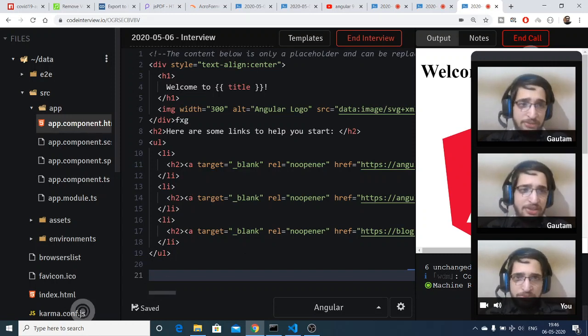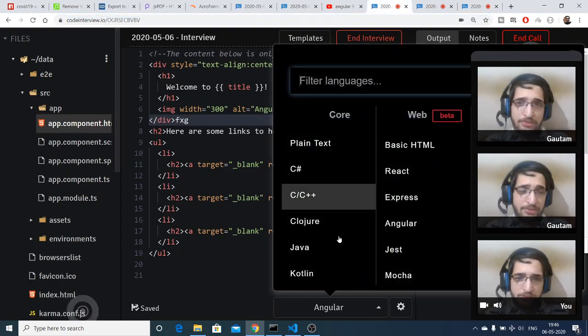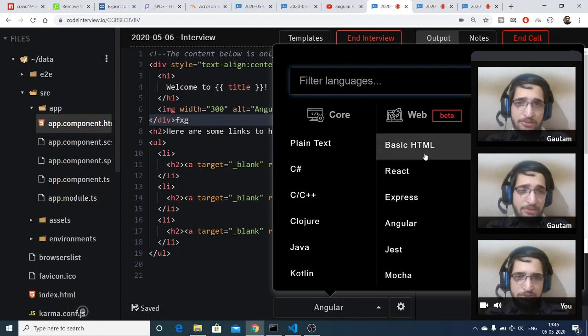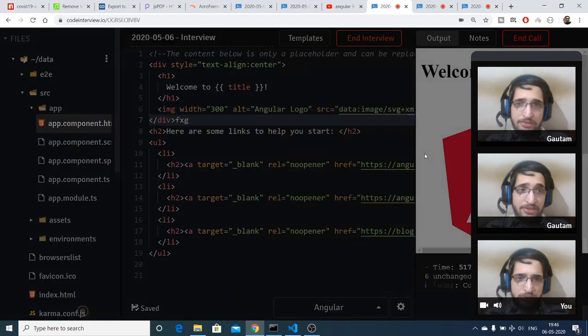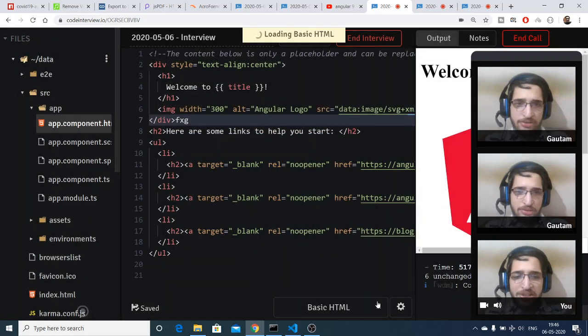Let me just change the template pretty quickly to, let's suppose, only HTML. This is basic HTML. If you want to use any kind of database, it is also supported here.